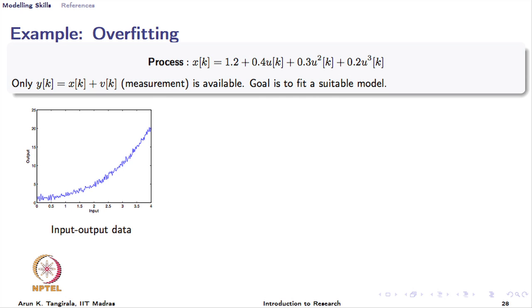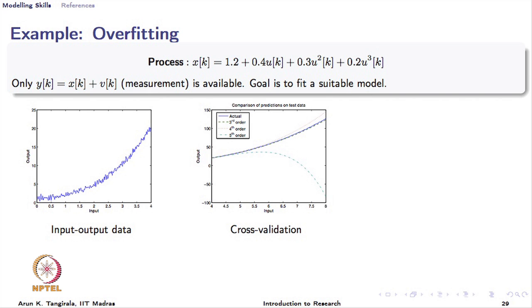Now, the input and output plot is shown here. I can see a polynomial kind of relationship, but I do not know whether it is a quadratic or cubic and so on. So, what I do is I try out third order, fourth order, fifth order polynomials. And obviously, as I increase the order of the polynomial, here I have generated about 200 observations. So, with 100 observations, I can fit a 99th degree polynomial to exactly explain the relationship that I see in the left plot. But if I do that, the danger is that on a fresh data, the 99 degree polynomial will